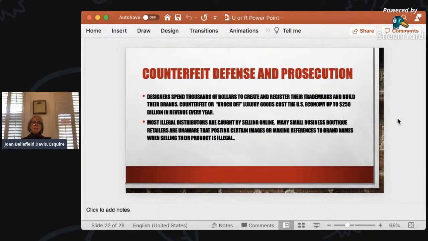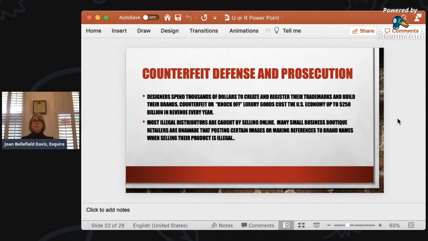So if they are selling an item saying it's like Chanel or it's like Tory Burch or Gucci, they're actually selling items based off of the fact that it looks like the brand that someone else has created goodwill around and built. So you can't do that here. Many small boutique owners don't understand that. So that's another job, if you are representing those clients, you're going to have to explain to them that